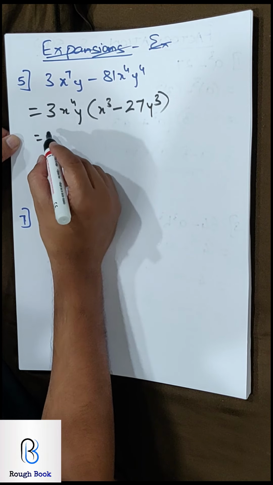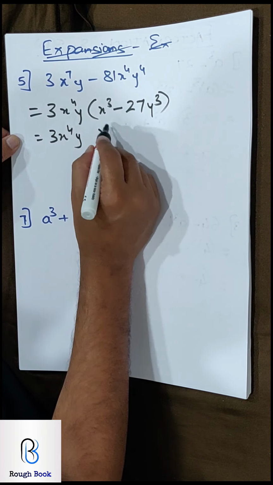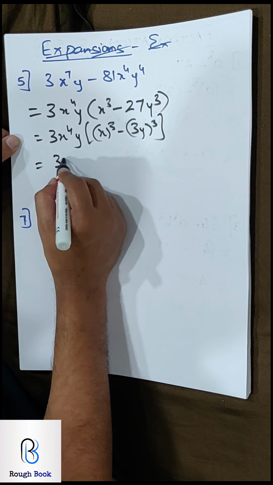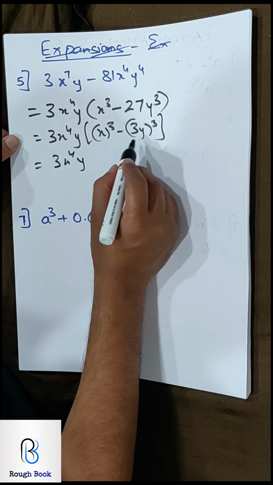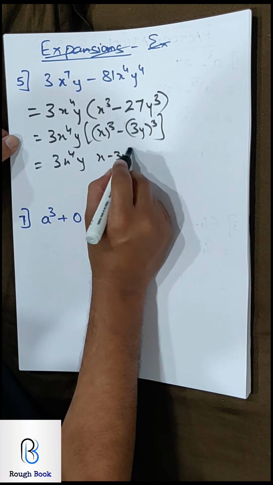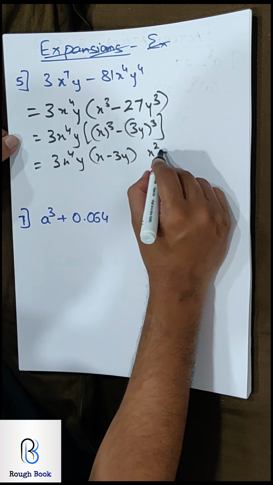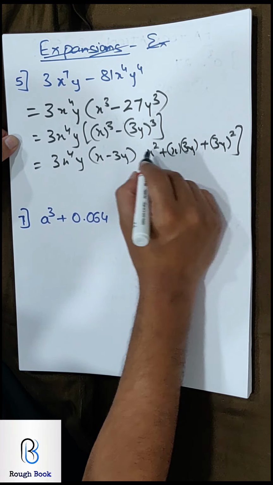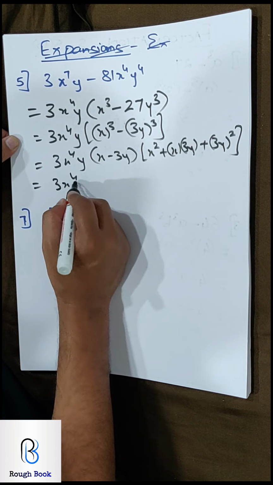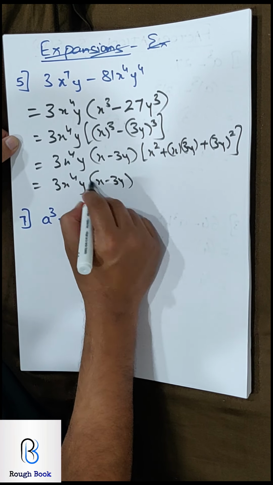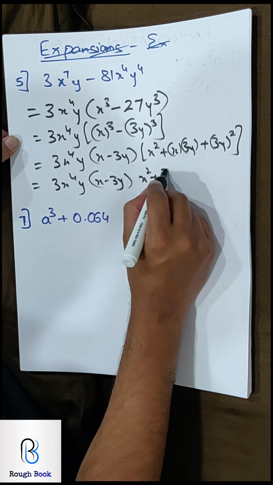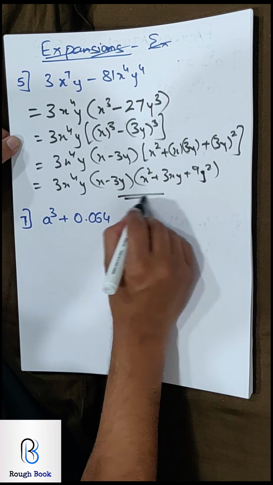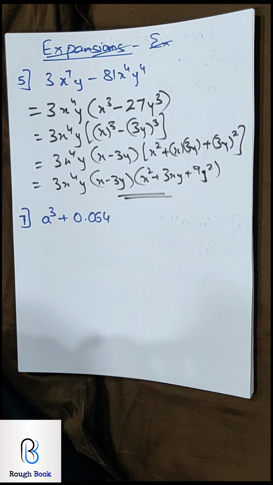Now for this part I am going to apply the formula. So they are expecting us to build gradually and try and remember the formula. Yeah, so this is fine. And now the formula: A minus B, A square plus AB plus B square. I'm sure most of you all should manage this on your own. So I get this as my final answer: x minus 3y, x square plus 3xy plus 9y square. Yeah, how many hands go up who got this? Super. Come on, the next one.